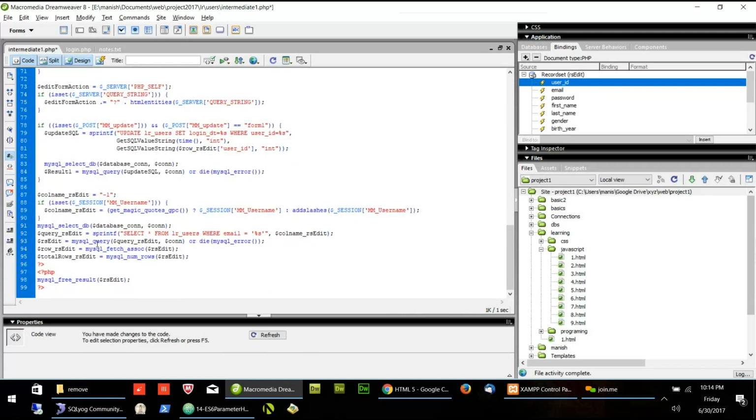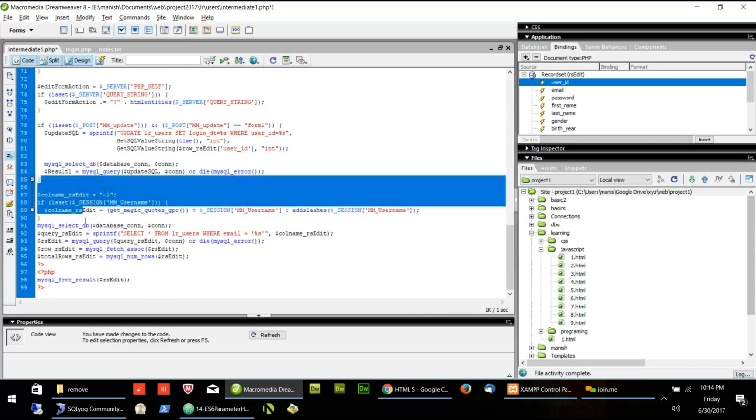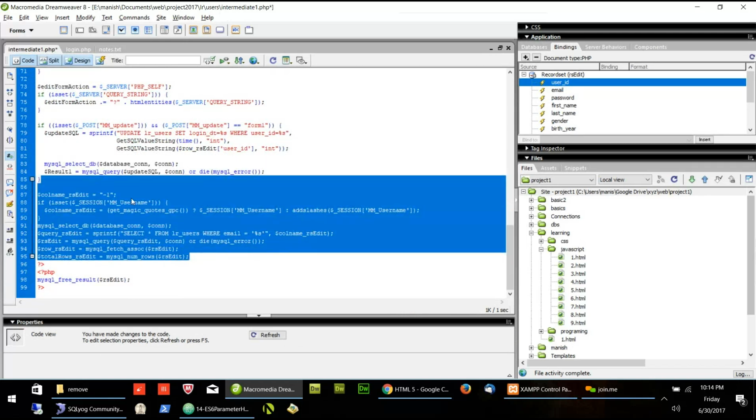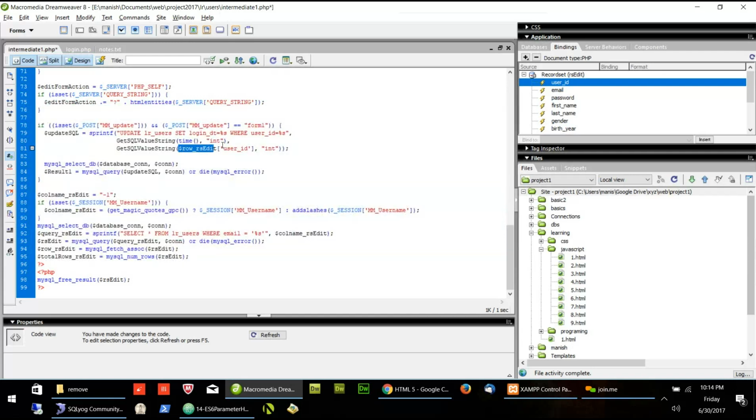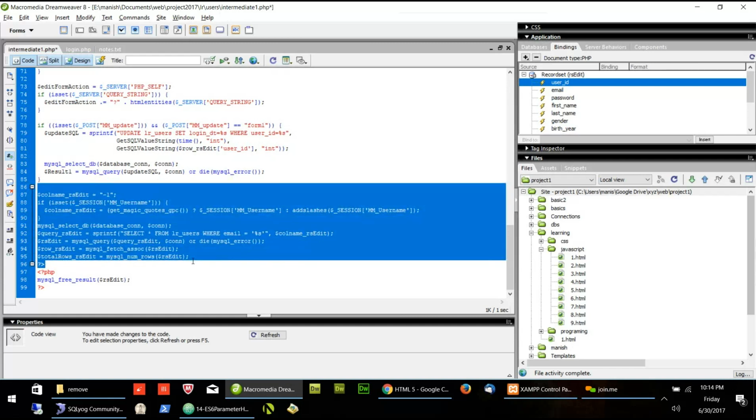Now the RS edit part is written below and the update part is written above. So when I update with RS edit, it will not really work because RS edit is created below. This is a little tricky. We have to modify the Dreamweaver code. That's the reason it is tricky. We are not using it the same as Dreamweaver has given us. We are modifying it a little.